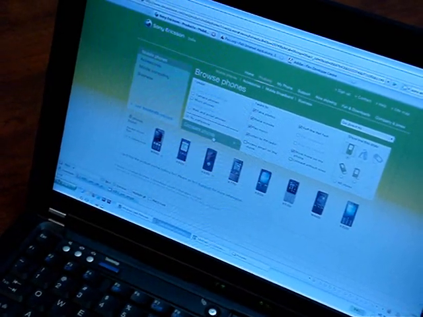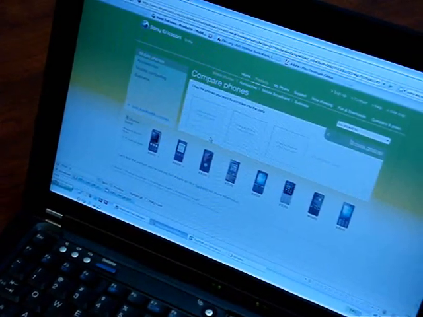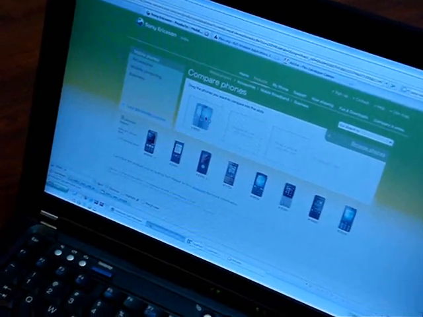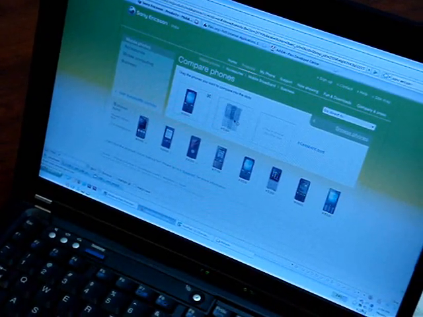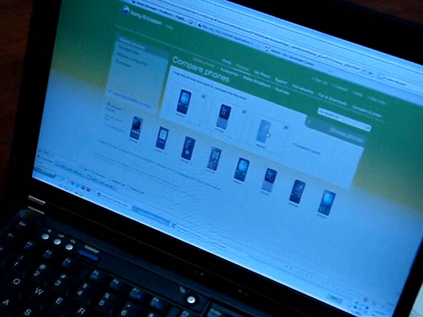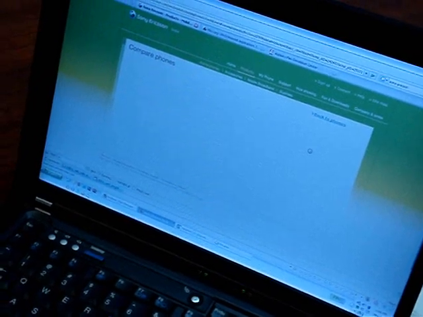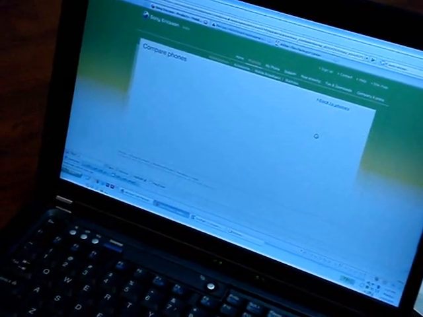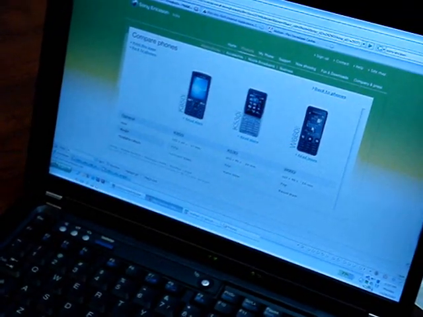And then I can say, okay, I want to compare these phones. Let's say this one looks good, this one looks good too, and I think this one. And I say compare. Then it goes ahead and generates a comparison of those 3 mobiles and gives them to you in a very nice format. And this will let you browse through all this very seamlessly.